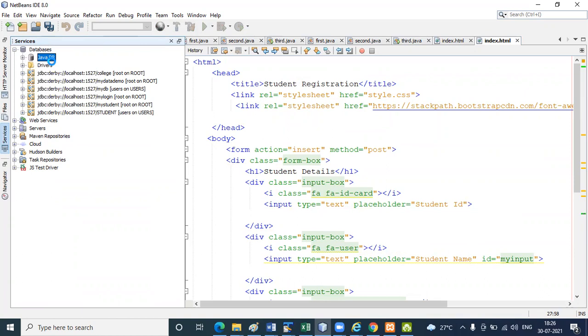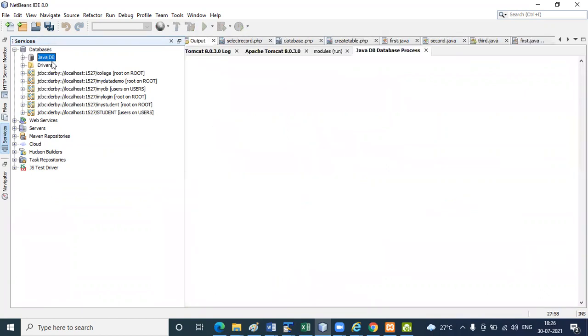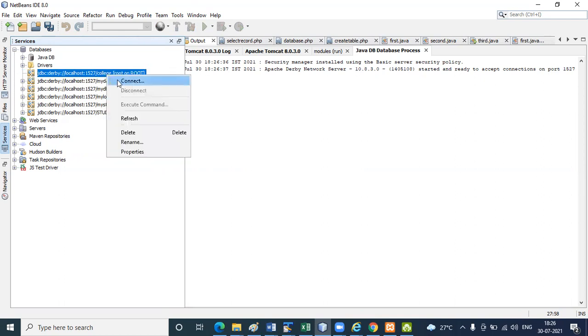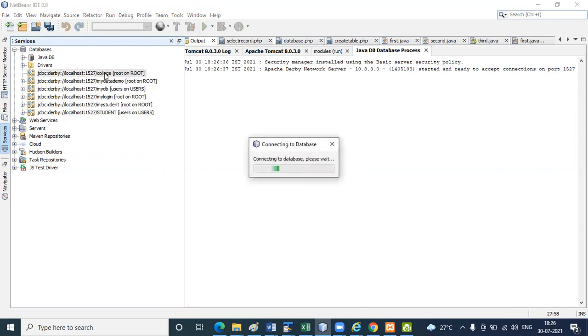That server. So I create a database. Database name is college. Now I connect it. Right click, then connect.